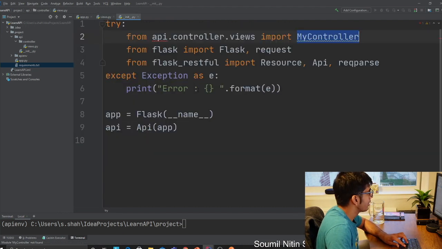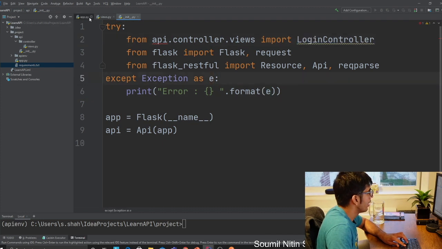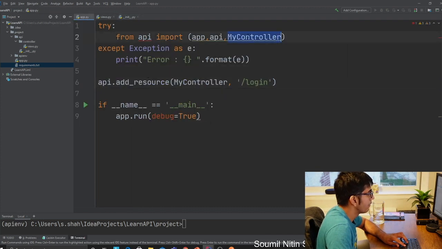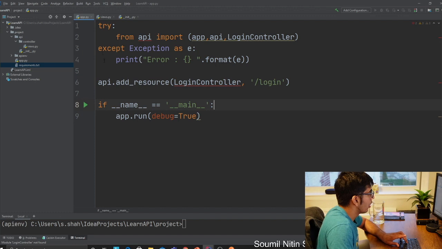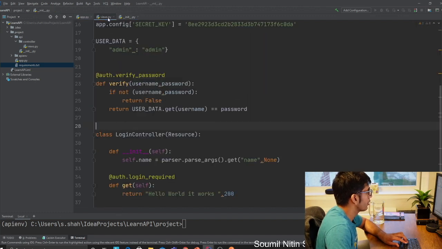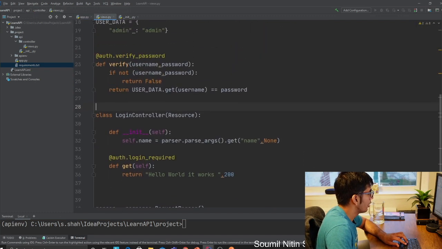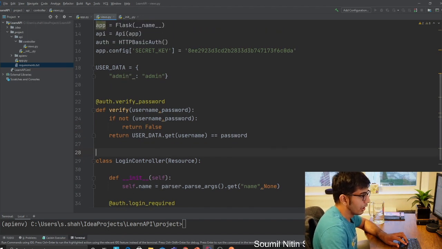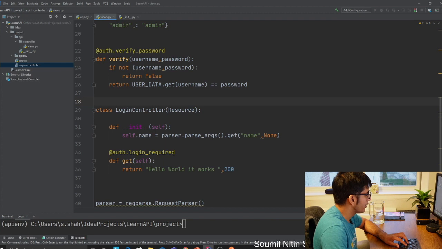And when you change that, remember you have to change it everywhere where you had that, in the app and in the init file, right? So the job of login controller is to log in and issue a JWT authentication token. So now let's write the code for it. We would have this decorator as usual because you have to log in and only then can you issue a JWT authentication token.